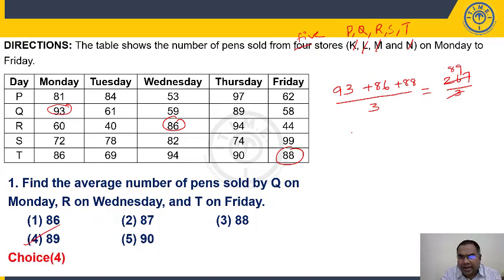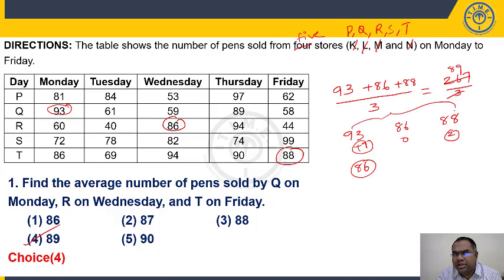Right? I can also tell you like this here. 93, 86, 88. Right? Now I'll assume my average as 86. Any number you can take. This is how much more? 7 more. 86 is 0, not more or less. 88 is how much more? 2 more. So overall, it is 7 more here, 2 more here. When you compare with all 3 numbers, overall I'm getting 9 extra. This 9 extra I have to divide among 3 stores. 9 by 3, I'm getting each one 3 extra. So average will also increase by 3. So my actual average should be 89. So 89 is my 4th option.